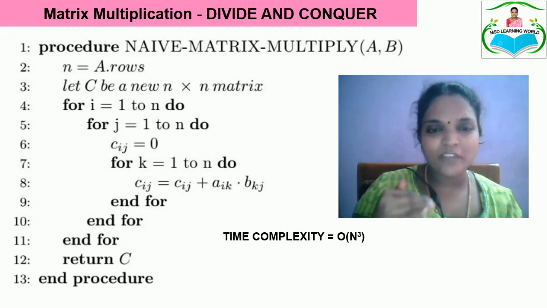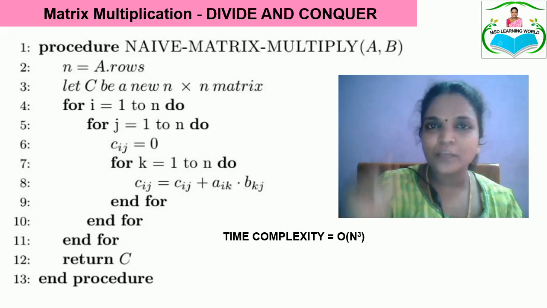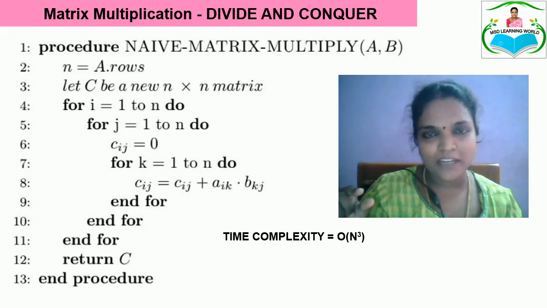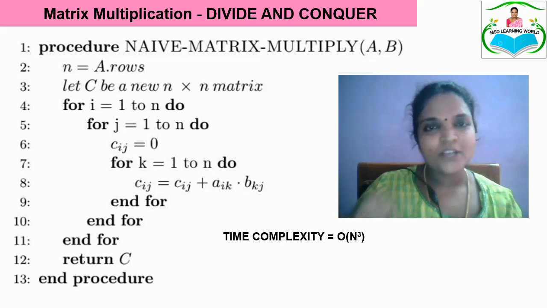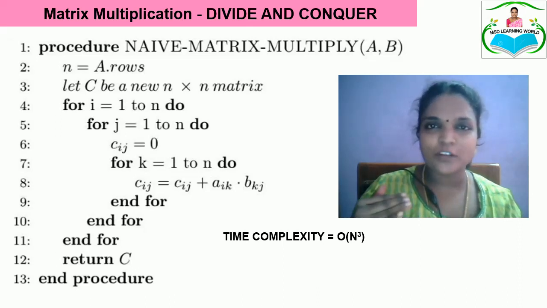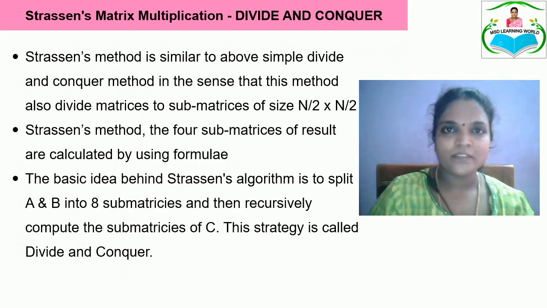When we perform the multiplication, the k loop will also be executed, where the first value of the row is multiplied with the first column value of matrix B, then added with the second value of the row of A multiplied by the second value of the column of B. This loop is going to be executed n times. So it is very clear that all 3 loops are going to be done n times, so the time complexity is going to be order of n cube.